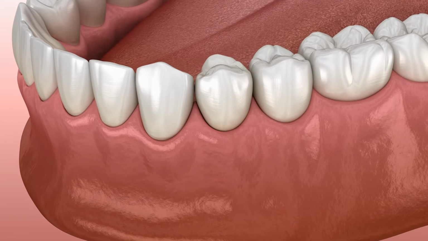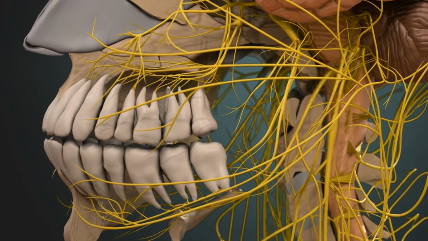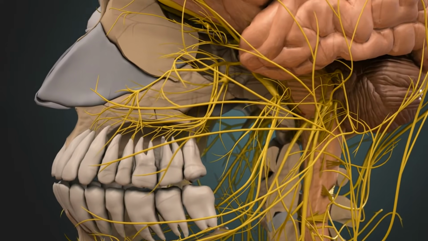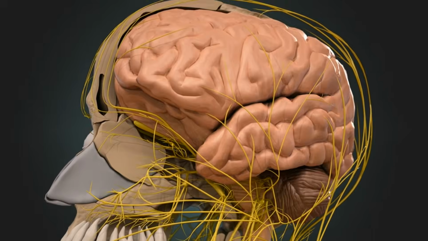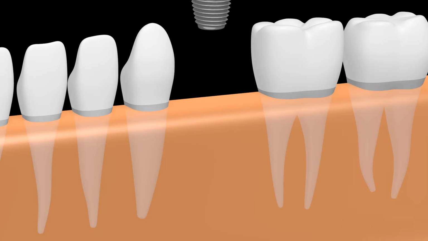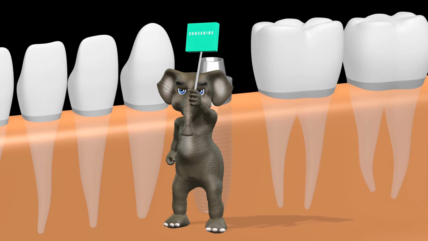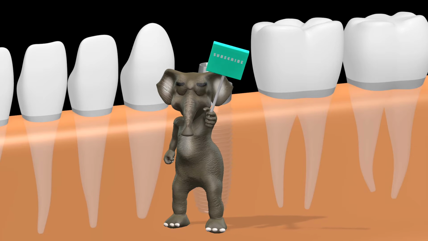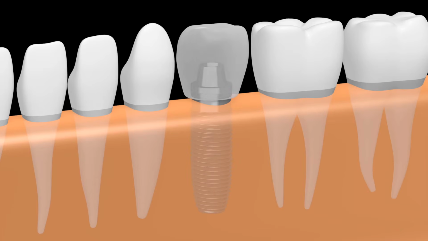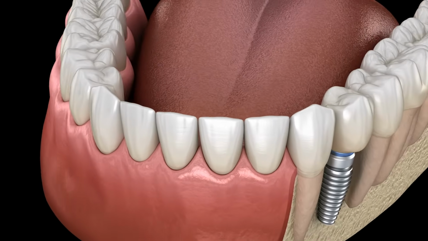Drilling and site preparation. The procedure begins with local anesthesia to keep you comfortable. The surgeon makes a small incision in the gum to expose the jawbone. Using the surgical guide, a pilot drill creates an initial hole in the bone. The site is gradually widened with a series of drills, each step carefully controlled to match the implant's size and depth. Throughout this process, sterile saline irrigation is used to cool the bone and remove debris, reducing the risk of